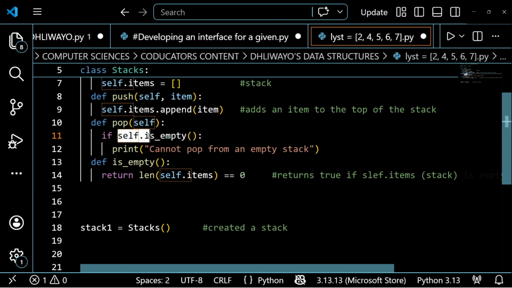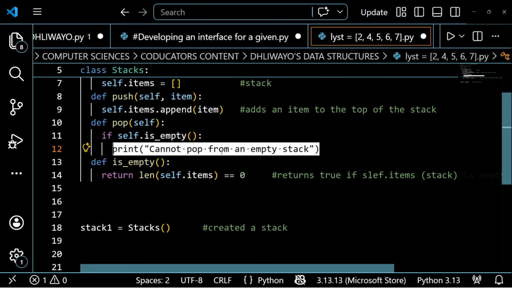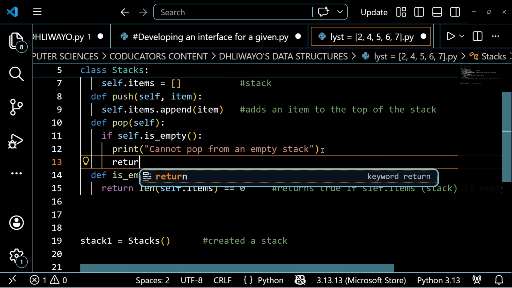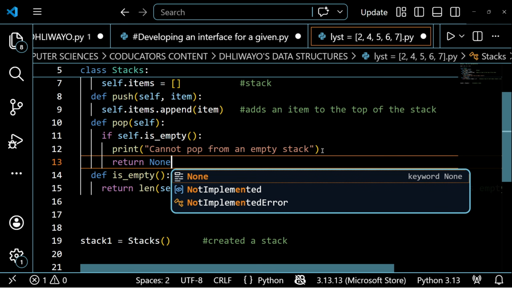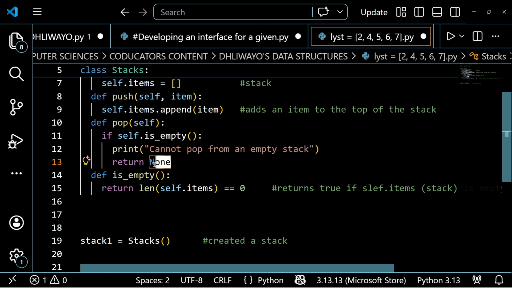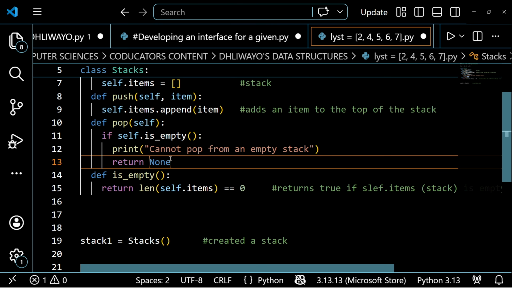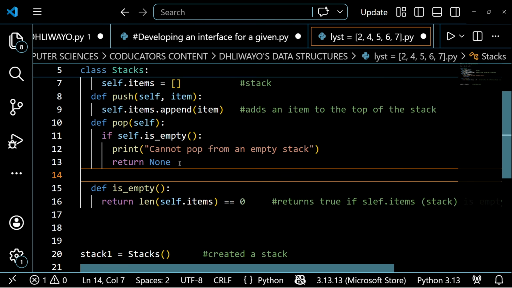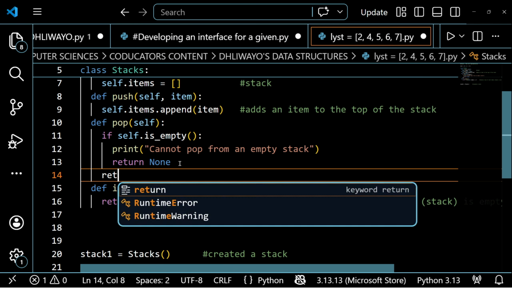So in this case, if self.isEmpty, or if this condition is true, meaning that our stack is empty, then this is going to print cannot pop from an empty stack. But besides that, we can say this is going to return None. Okay, why are we returning None here? To say there is no value to return if you cannot pop anything. Remember, if the list is empty, you cannot pop anything from it, so you cannot return a value. Remember, the pop function is supposed to remove and return a value. So here we're going to say return None so that it doesn't return any value when you create an actual object. But besides that, let's say this condition is not met. We need to return the what?